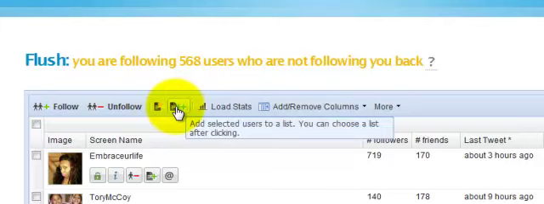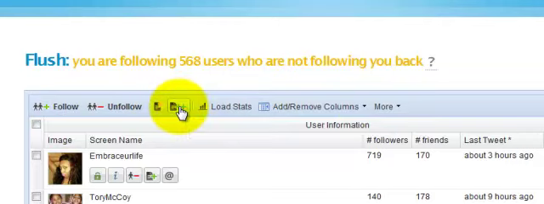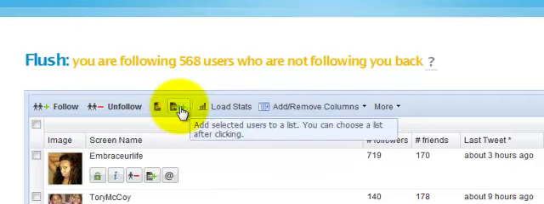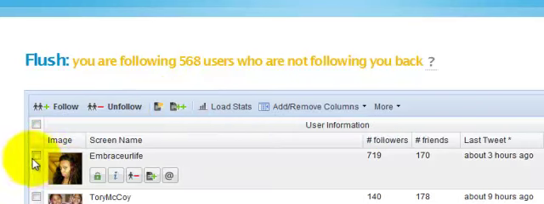You can create lists, and then here you can add selected users to a list.